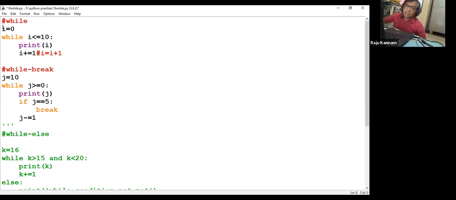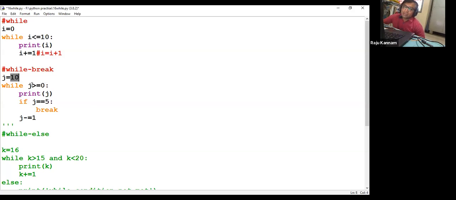In the previous example, I took the value 0 and kept increasing it, testing whether it had reached 10. Now here I am doing the reverse. Initially I'm taking the j value as 10, and I'm testing whether the j value is greater than or equal to 0 or not.